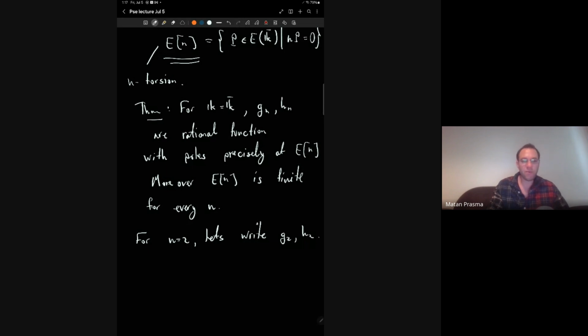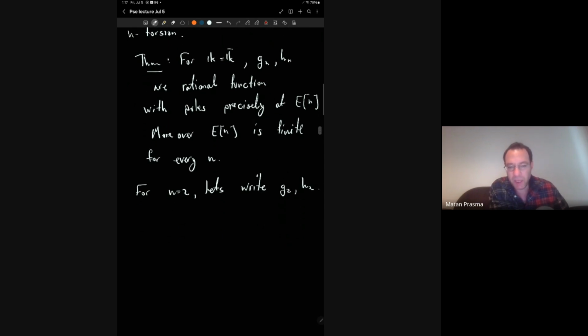So I remind you, we had the general formulas for how to add two points. You can get these formulas from the general formulas for doubling of a point. G_2 of a point P, for P some (x, y) on E,